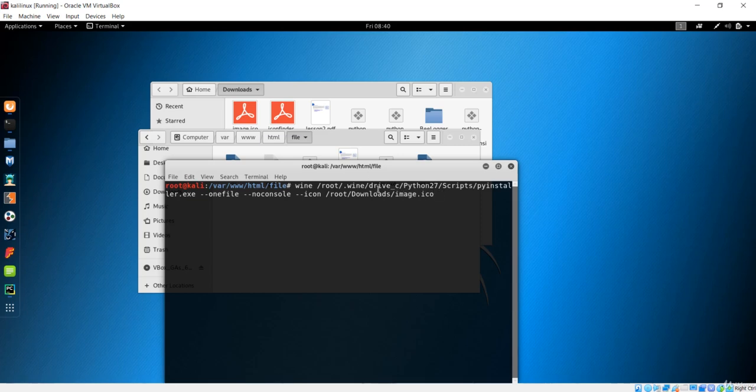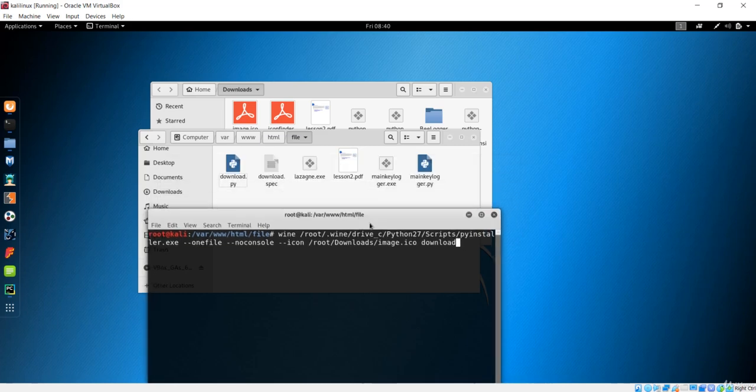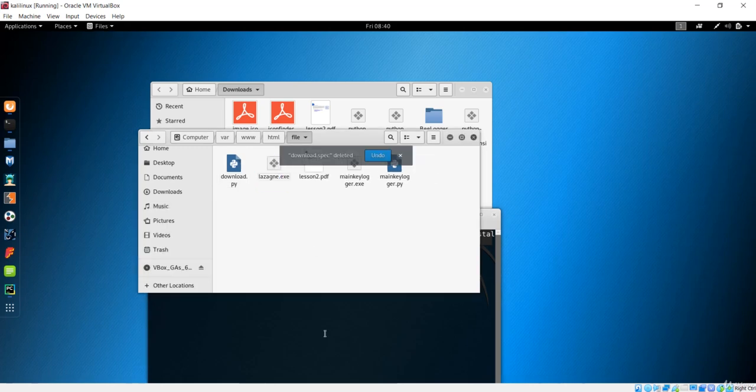Now we have to give the name of our Python file, which is download, not downloads. Let's check this once. Yes, download.py is the file. Let me remove this spec file too.